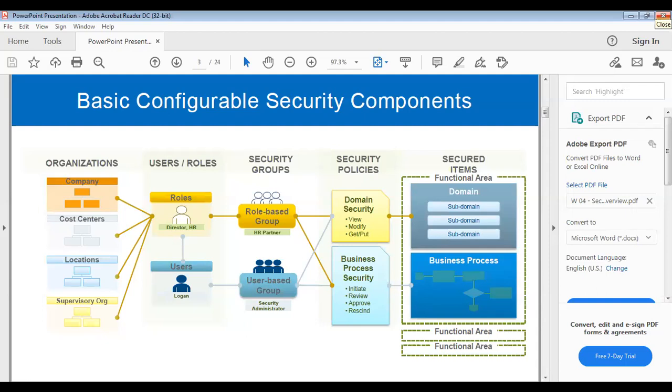So these roles are linked to role-based security groups, and these users are linked to user-based security groups like security administrator. Now we have different security policies, like domain security policies and business process security policies. The role-based and user-based groups are linked to these domain security policies and business process security policies.